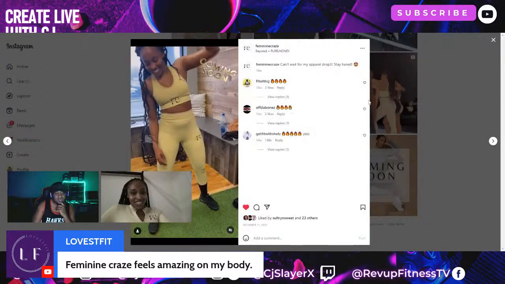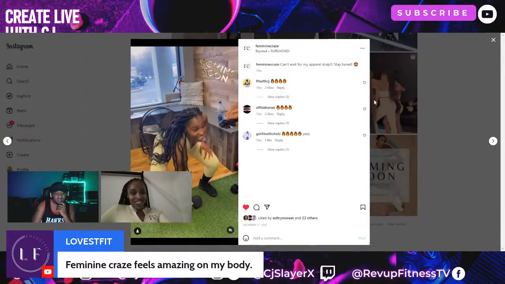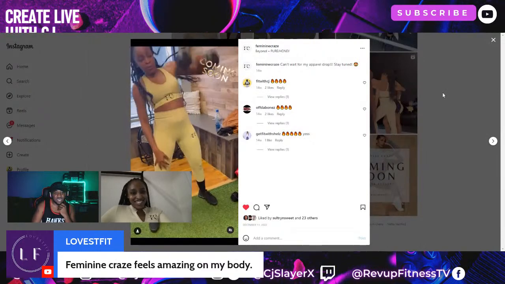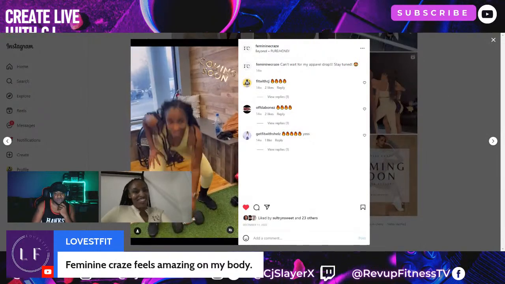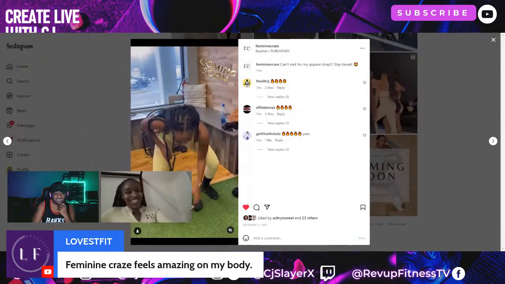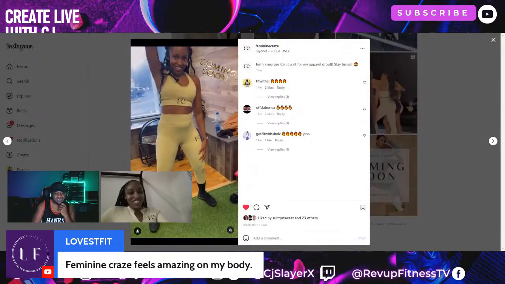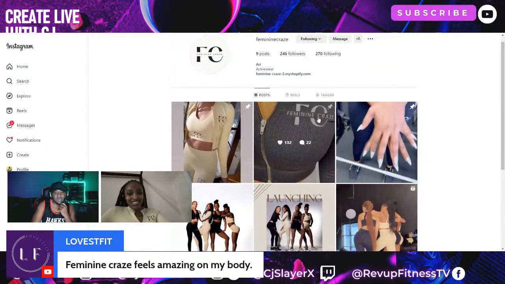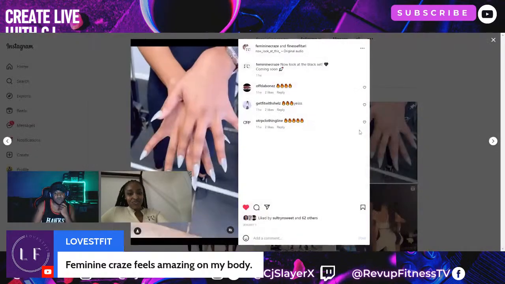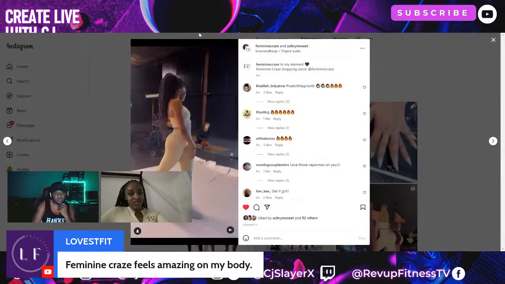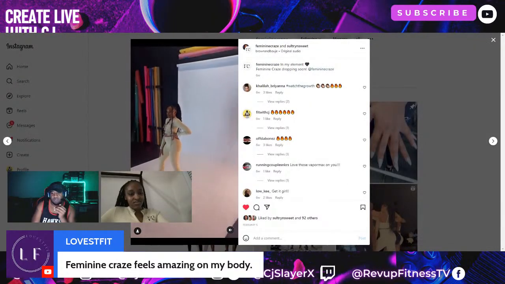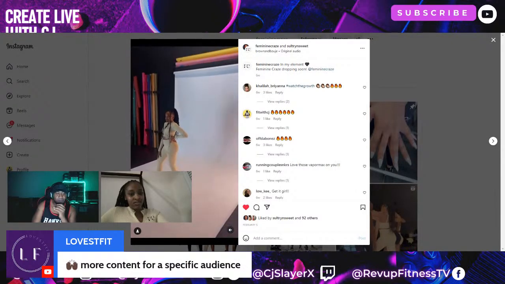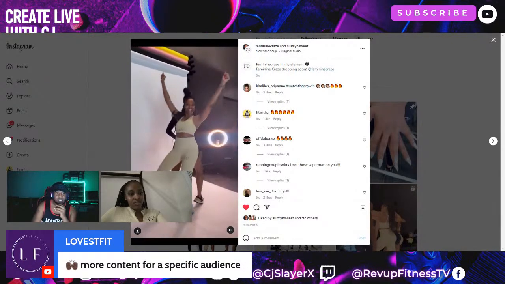And let's see, I'm just clicking through them. She did that one too, separate. I could tell that look on your face was like, "Girl, what are you doing?" It's like you're always catching me off guard, but it worked out. And this is a cool one, like the behind the scenes. People love behind the scenes. And by the way, someone in the audience said more content for a specific audience.